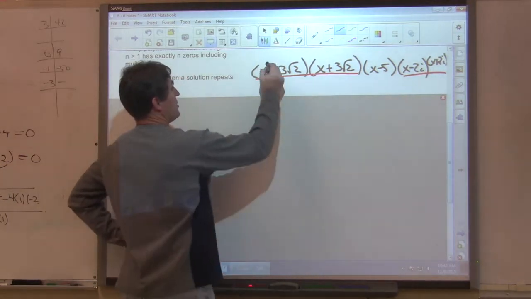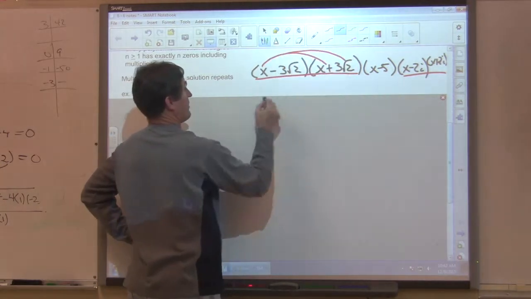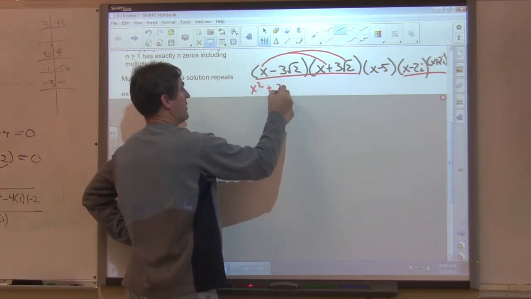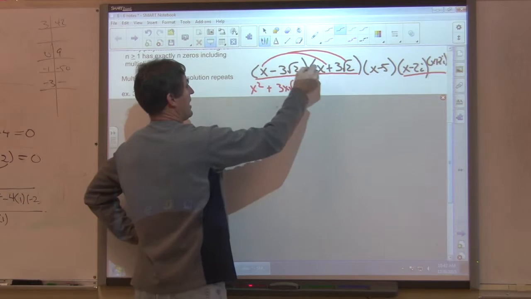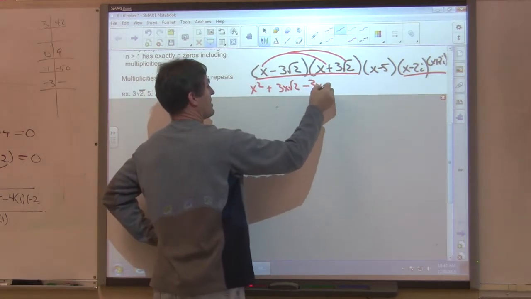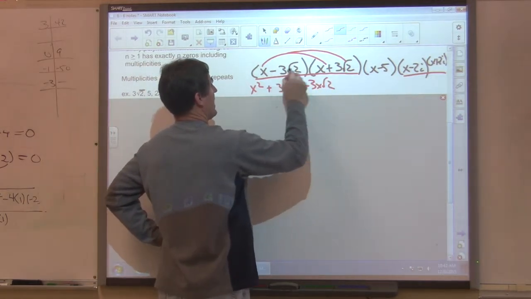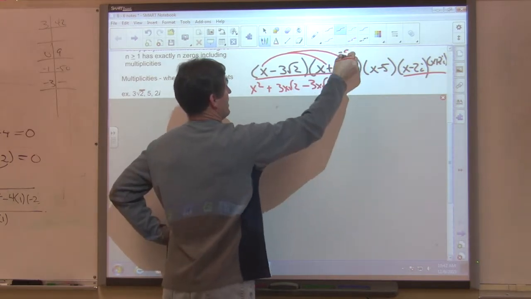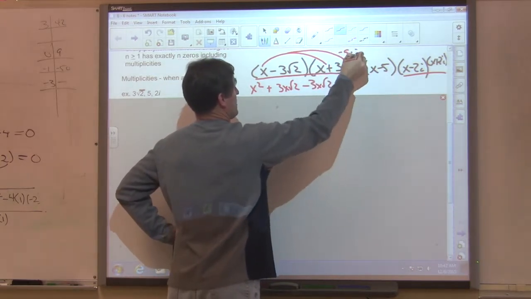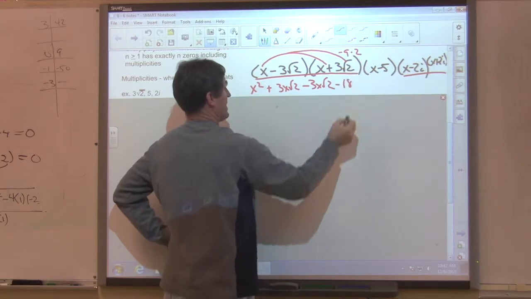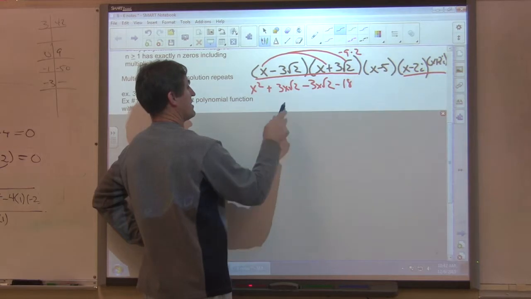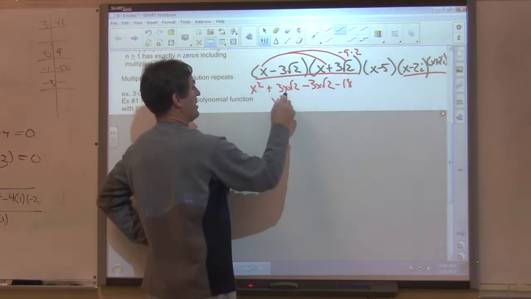So if we use the claw method, we get x squared plus 3x square root of 2, and then minus 3x square root of 2. And then negative 3 times negative 3 is a negative 9, and square root of 2 times square root of 2 is 2, so we get minus 18. And so this multiplies together to give us x squared